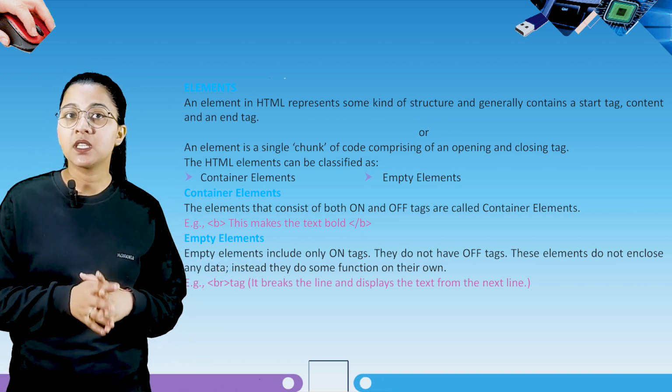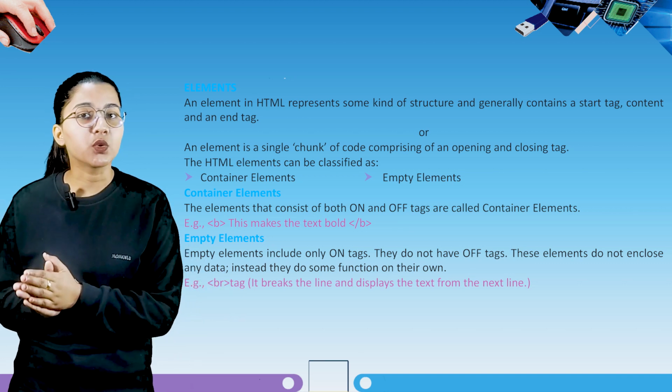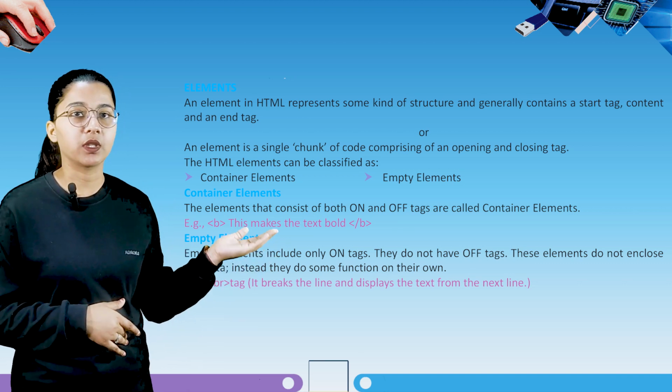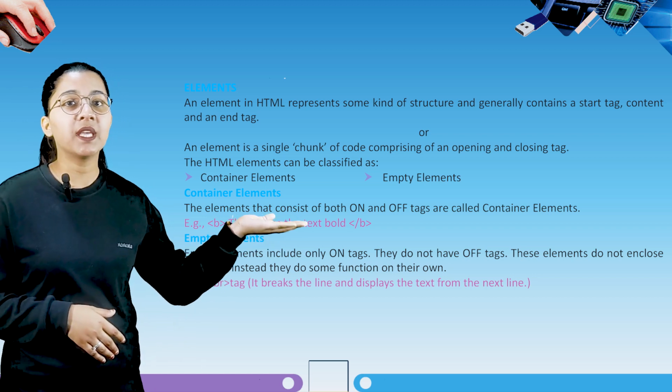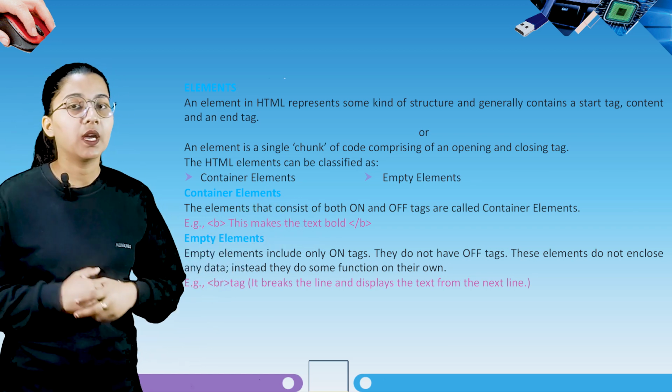तो जो elements जिनके अंदर on और off दोनों tags होते हैं वो हमारे container element होते हैं. Here you can see the example. This makes the text bold. Now next is